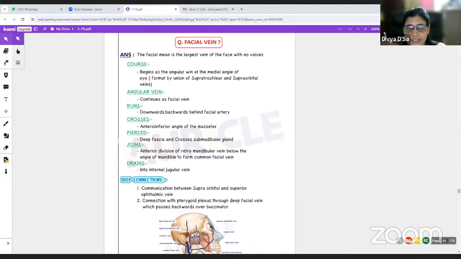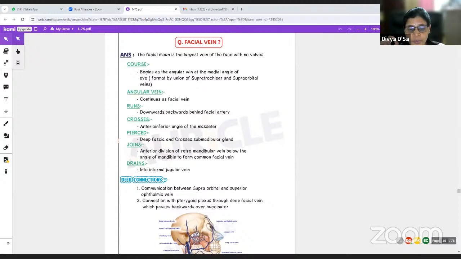It crosses the anterior-inferior angle of the masseter. Okay, and it pierces the deep fascia and crosses the submandibular gland. Okay, and then it joins the anterior division of retromandibular vein, which is below the apex of the parotid gland. So it joins the anterior division of retromandibular vein to form the common facial vein, and it drains into